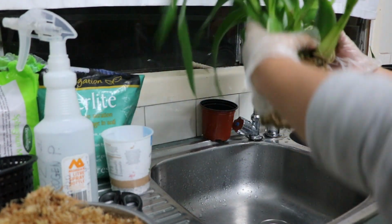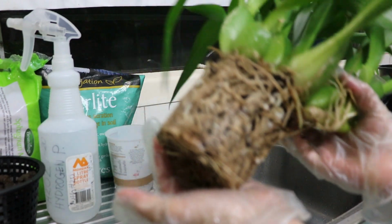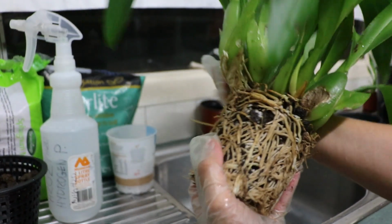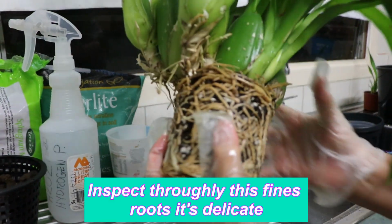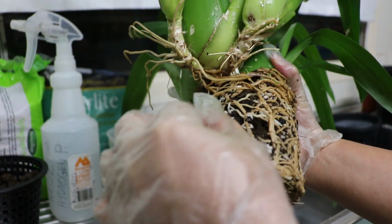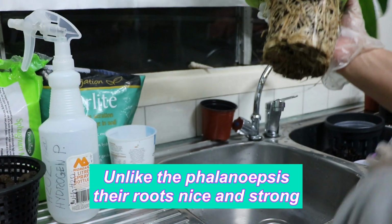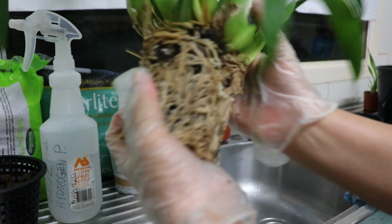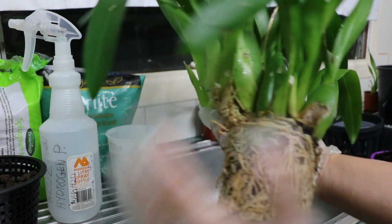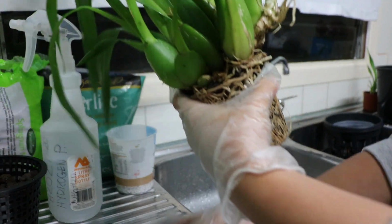So, wow. As you can see here, guys, look at this. Wow, can you see the roots? Her roots are pretty amazing, and I can see they are really healthy orchids, and I have to take care of this because there are baby roots here. Oh no, I really need to take care of this. I don't want to cut a lot, I'm just cutting only the dead roots. Alright, see, and then I can see there's a new baby coming up, that one there. So yeah, let's go repotting this one now. Wash first and repot. Alright,